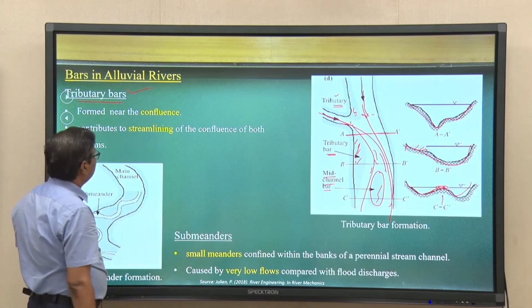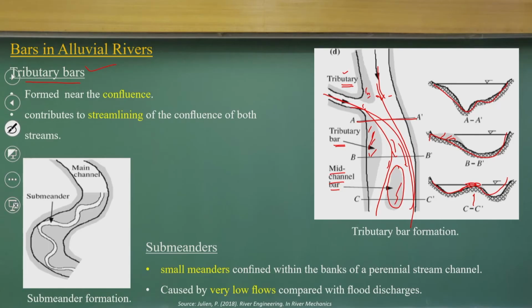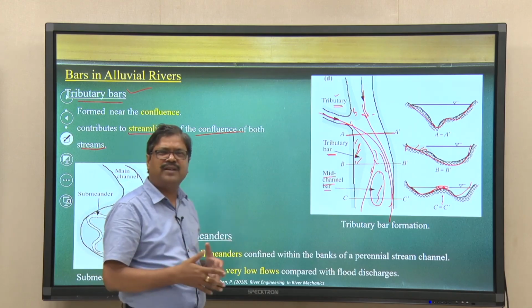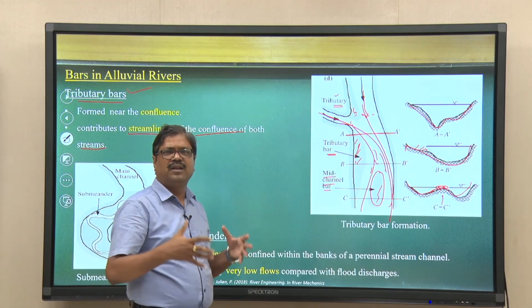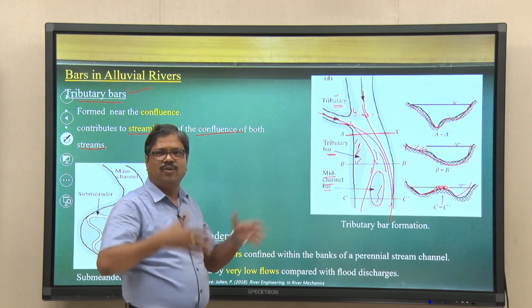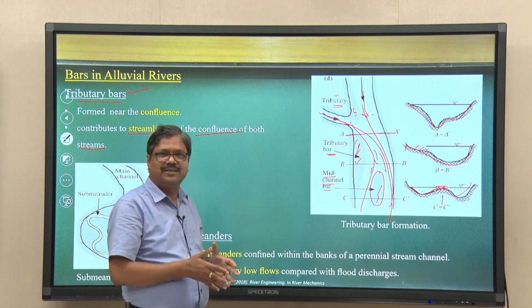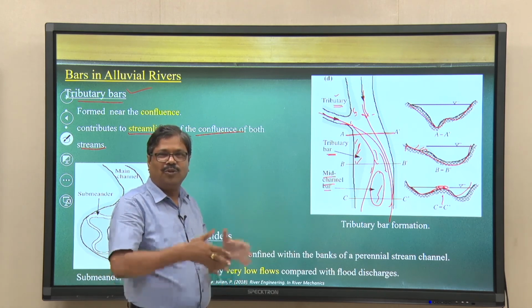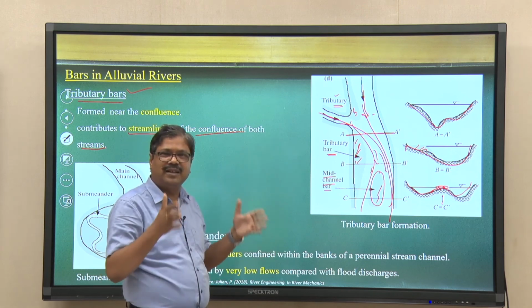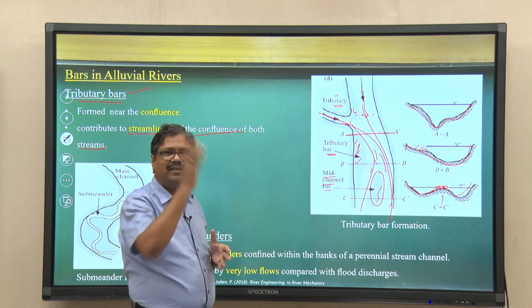Not only that, this is a confluence, or streamlining of confluences, of both the streams. And if you look at the Brahmaputra river, at the top you see it is not one channel, it has a lot of sub meanders. Within the meanders there are meanders. So, you can see the river at the top, but at the bottom levels the sub meanders are happening,